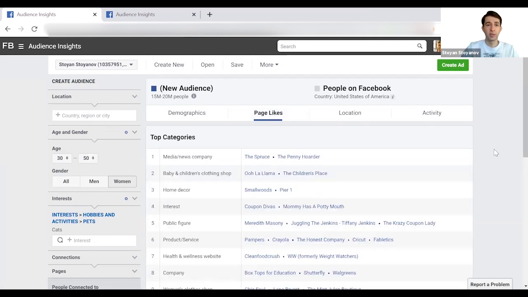And we can see that the majority of people who like cats, who are also within the age group of 30 to 50 years old, like the following things. When it comes to media and news companies, they prefer, let's say, The Penny Hoarder. Not sure what this is, but it could be useful. For example, if this is the media company they follow, or they get their news or interest from that source